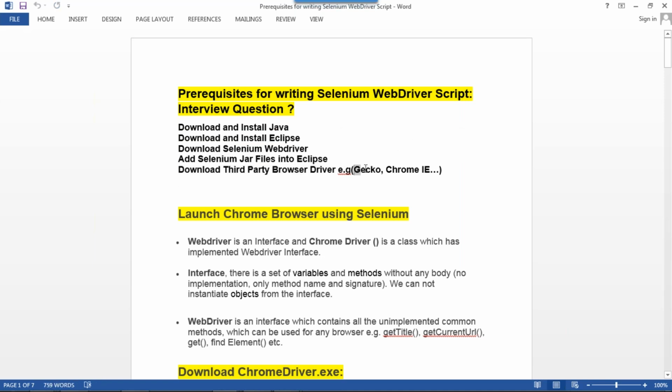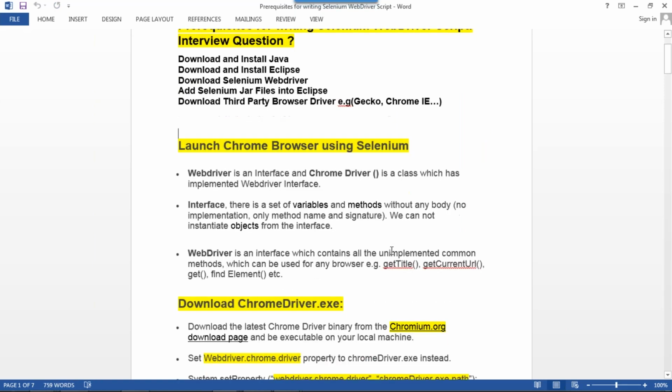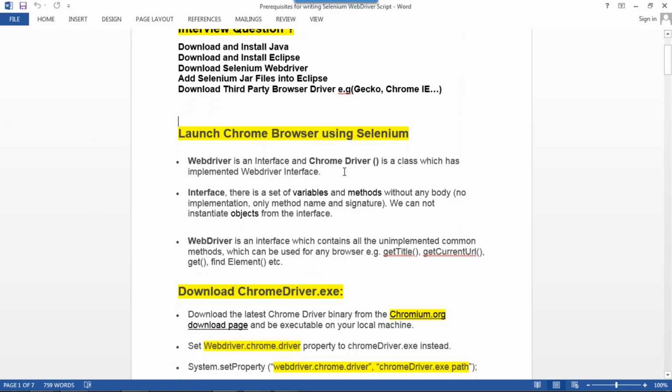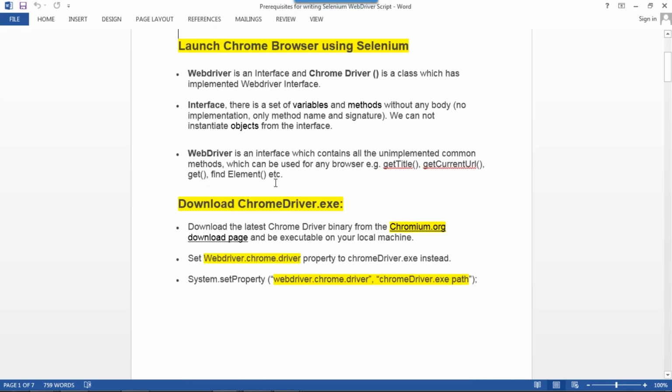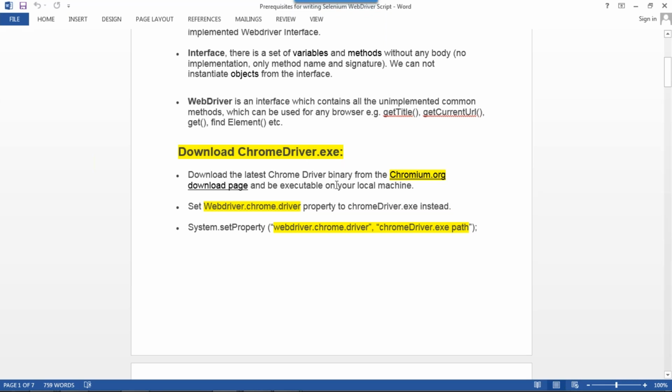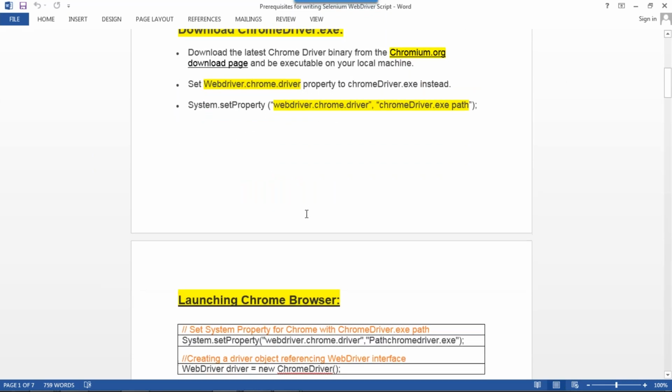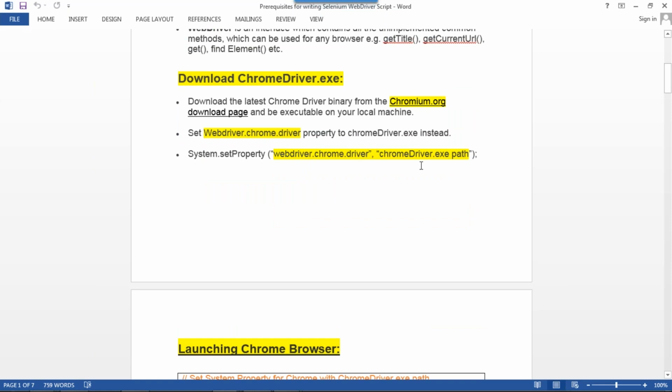What are the browser drivers? Just now we downloaded Chrome, and just now Firefox. How do we launch the Chrome browser? By downloading chromedriver.exe, and this is the key and value. This is very important.